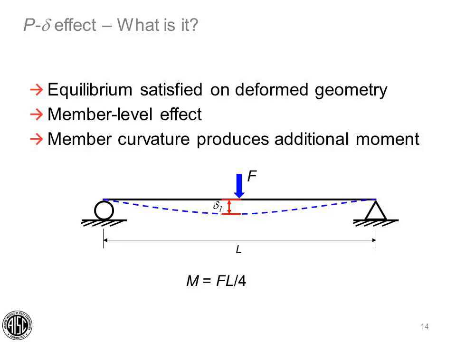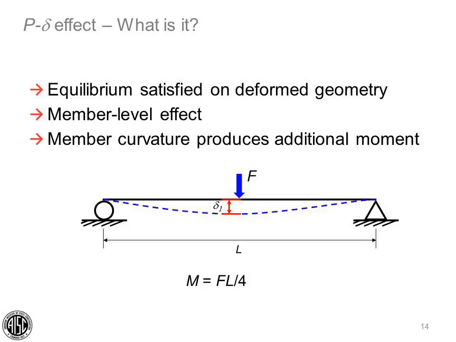First, let's look at P little delta effect. P little delta is the member level effect. Again, equilibrium must be satisfied on the deformed member geometry, and the member curvature produces additional moment in the member. Let's look at a simple example to demonstrate the P little delta effect, a simple beam with bending and axial